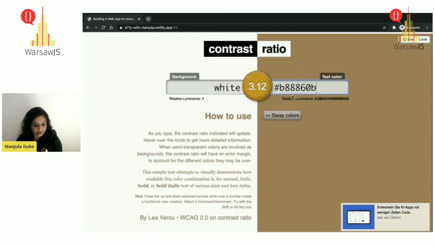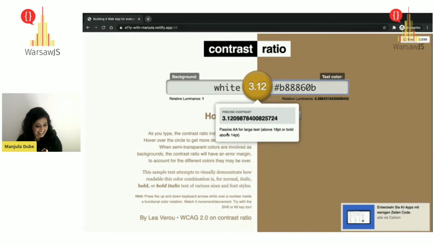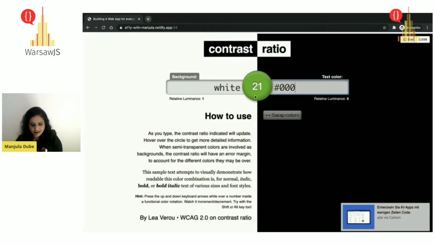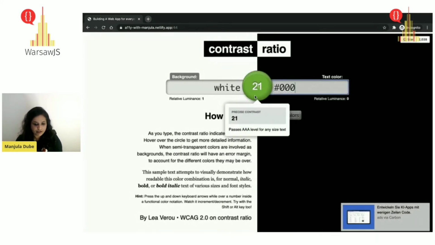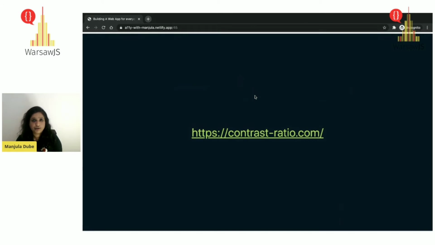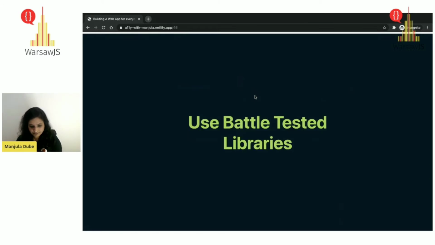When you add the first color, it says, no, it's not compliant. Now when you add it, it says yes, you were AA compliant for the large text, which means it is above 3, which is okay. So you always have these tools to check. So even though your designer is giving some brand colors, as a developer, you could also just go and check whether your brand colors or primary or secondary colors are accessible enough. So the website which I used before was contrastratio.com. So definitely check it out.